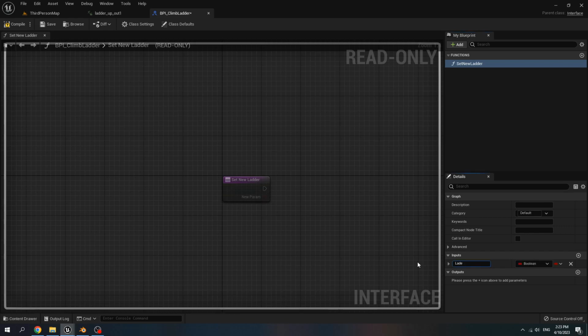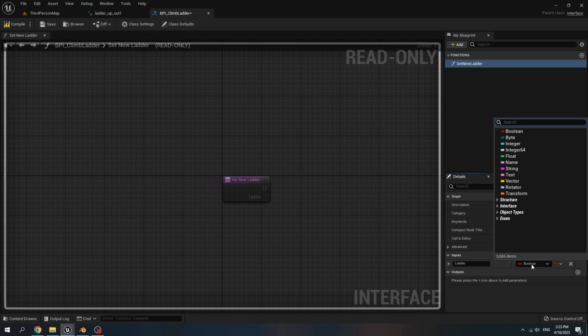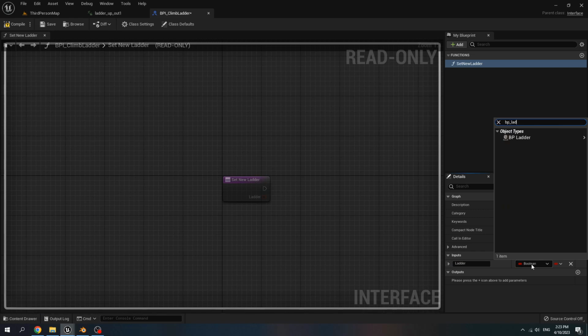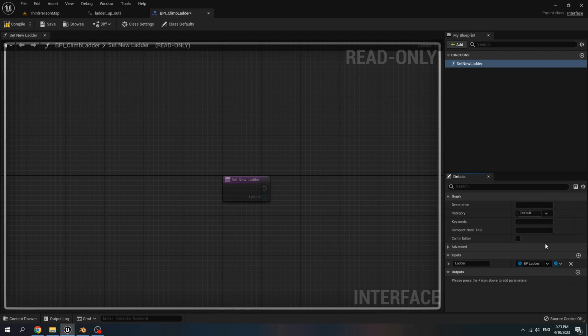Add input, name it ladder, and variable type is BP ladder. Choose object reference. Add new variable, rename it to top/bottom. Variable type is Boolean.